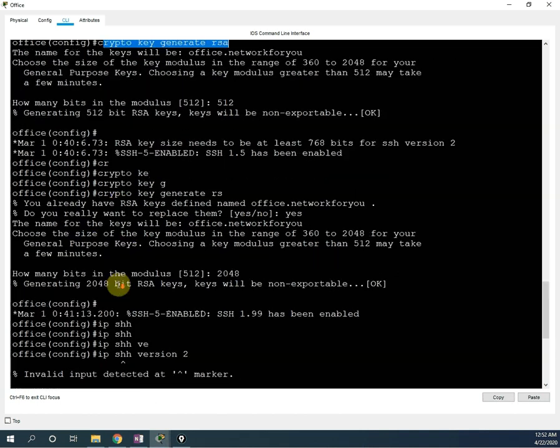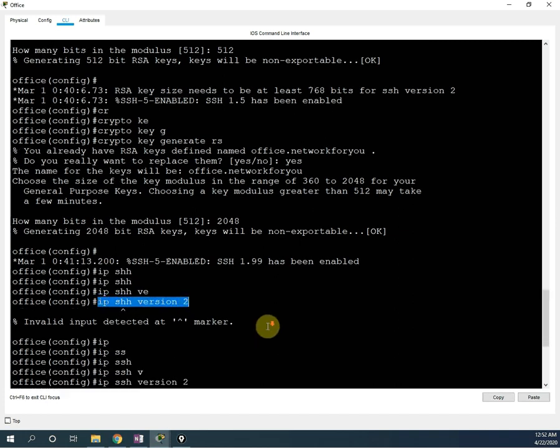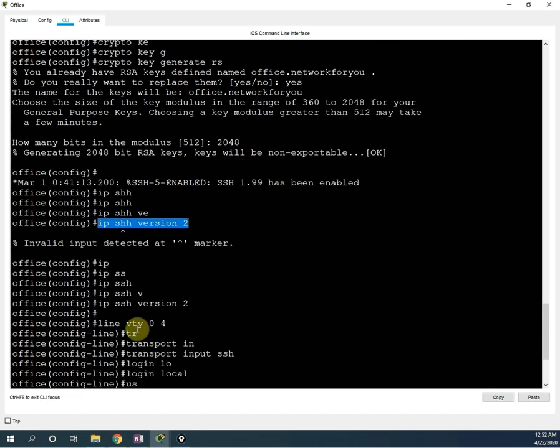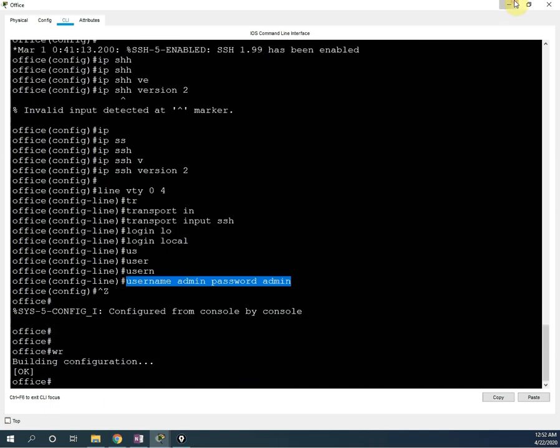After that, we changed to version 2. Version 2 is more secure compared to version 1. Then we write line vty 0 to 4 because we want to give 5 users. Then we need to write transport input ssh, then login local, and then we need to give the username and password. So this is the configuration we have done.